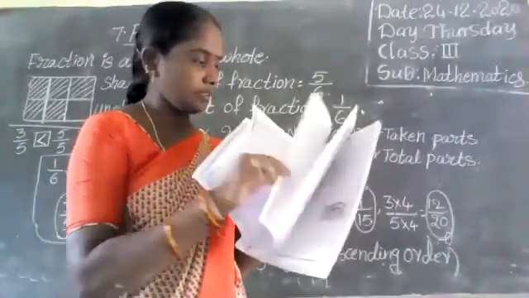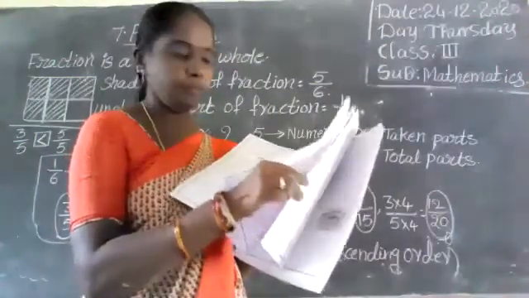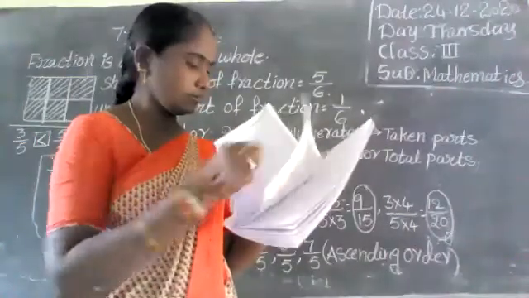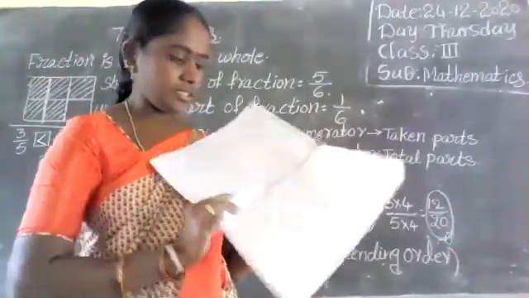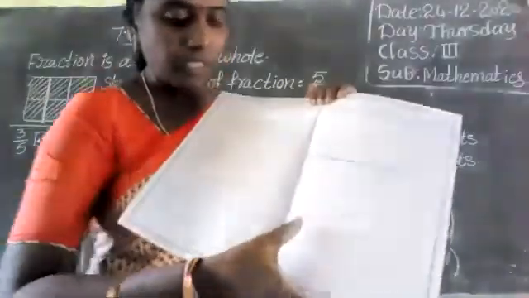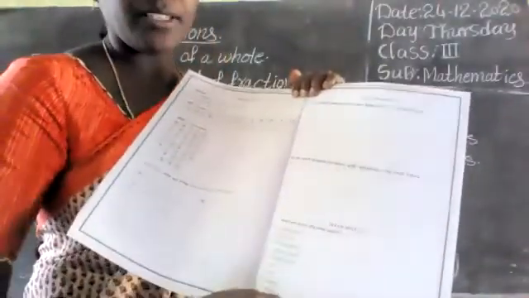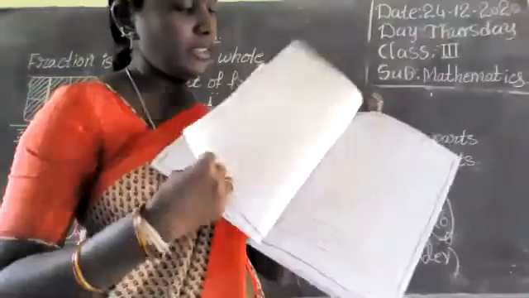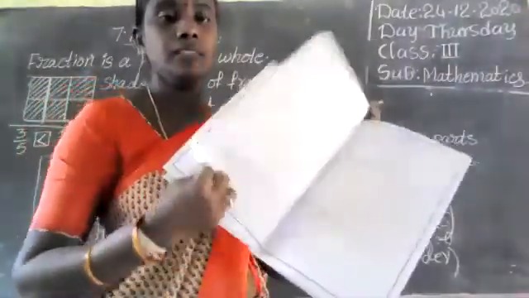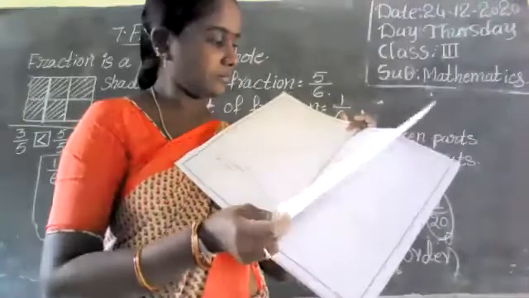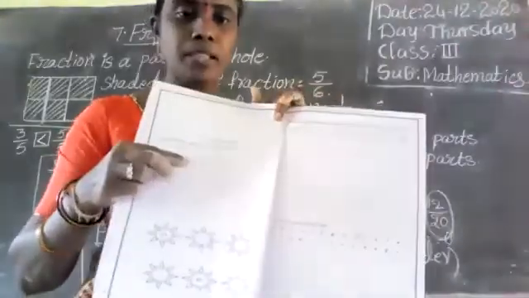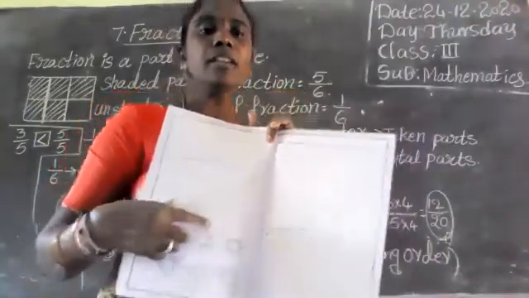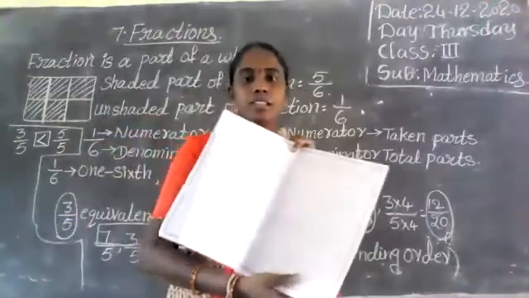For 3rd class children, on the first day there are words to be introduced. That is maths day 1. Read new words. Okay, these are new words. Next, day 2, there are missing numbers, how to write numbers in order. That one only. Next, day-wise, the worksheet continues like this.